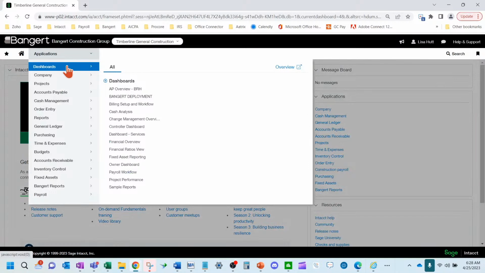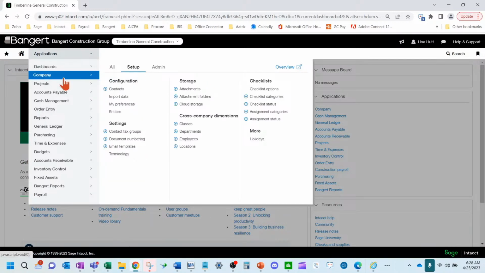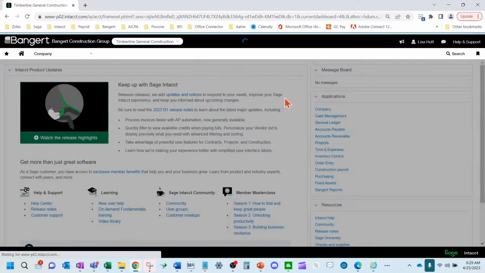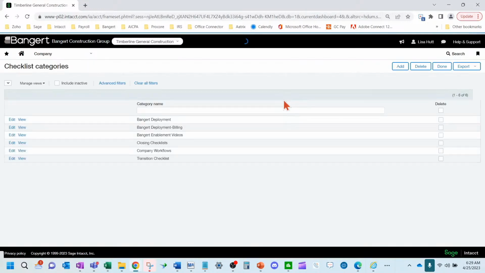Okay, so over here in the sample company, I'm first going to navigate to a checklist screen, and then I'm going to touch on collaborate, and on these checklists, and how you can use these together.